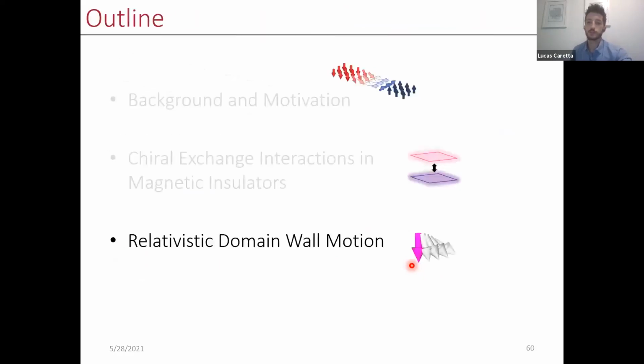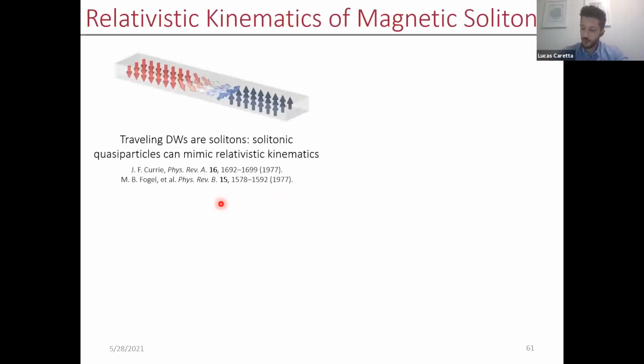And so what I'll show you in this last part of the talk is how domain walls not only obey Galilean relativity, but also Einsteinian special relativity as well. Theorists have predicted for several decades that a fundamental domain wall velocity exists in these types of material systems, and they proved that the governing equations for this are the Sine-Gordon equations, which look very similar to those that govern electromagnetic fields. In other words, the max velocity expected in these systems is not the speed of light, but in fact, it's the speed of a spin wave.